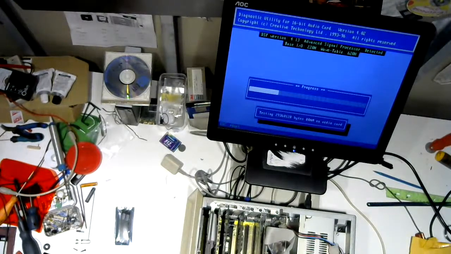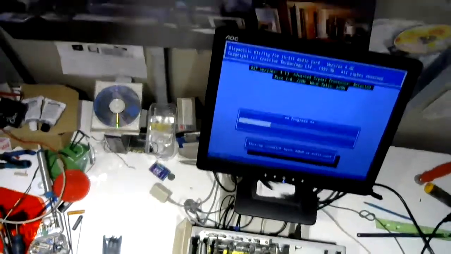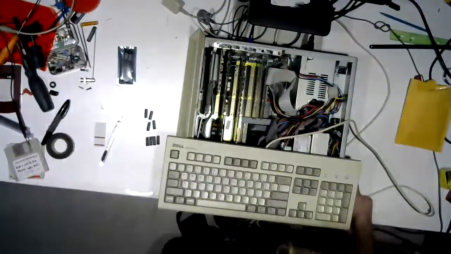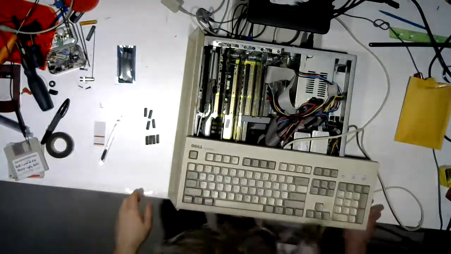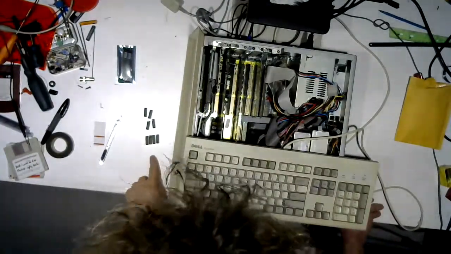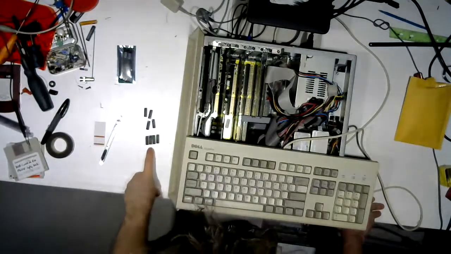But yeah, it's good to see that it detected it and it's working. So that's amazing. So the next thing, I may as well start introducing the other upgrade. I don't want to touch these DIPs too much, but I have here